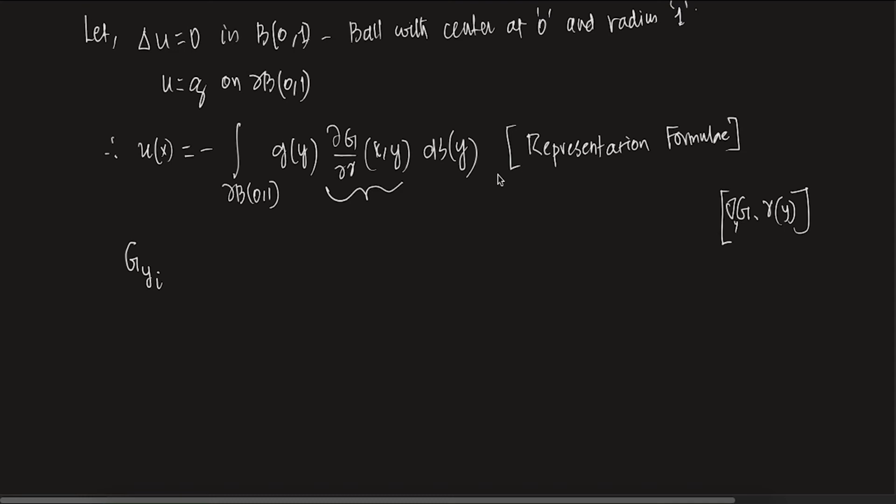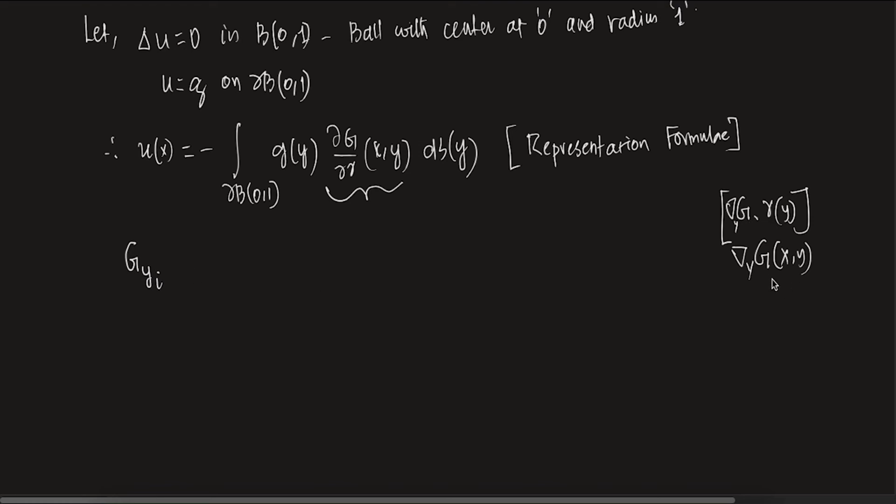So essentially this is ∂G/∂γ, right? So what is ∂/∂y? G(x, y) is a function of two variables, x and y, and I'm just taking the derivative with respect to y. Is this clear? And that y is y1, y2, ..., yn. So I just have to take the partial derivatives and put them together. Okay, so let's write that out.